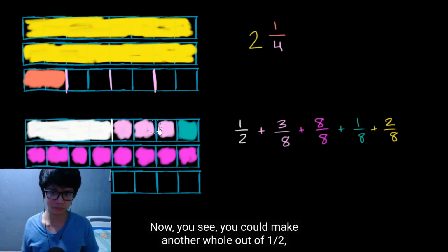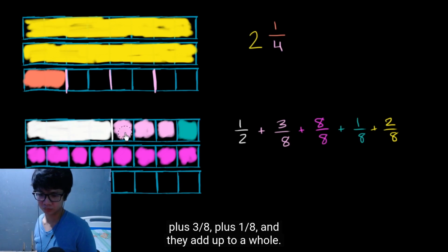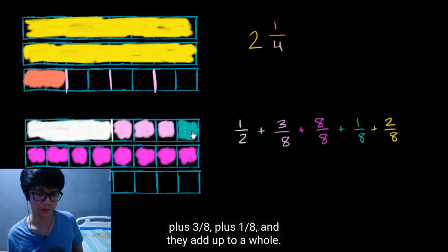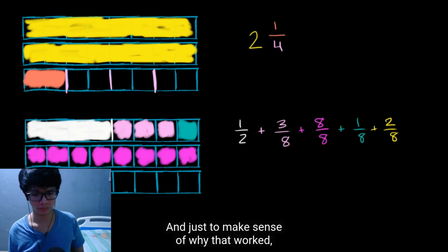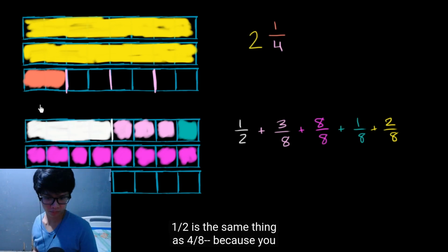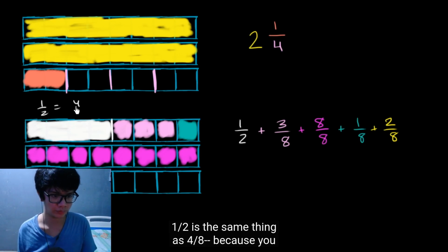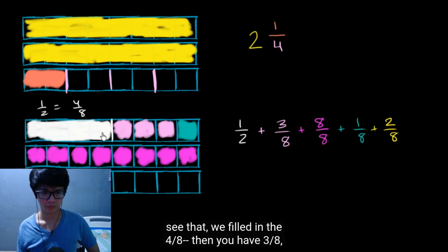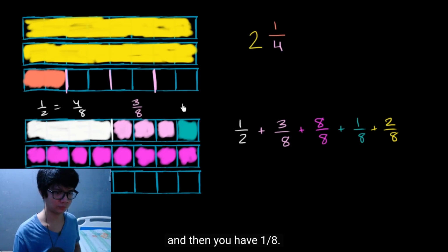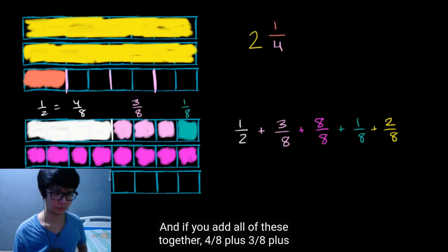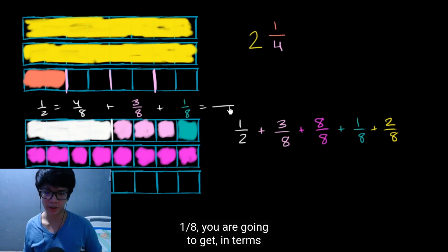And you see you can make another whole out of 1/2 plus 3 eighths plus 1/8. And they add up to a whole. And just to make sense of why that worked, 1/2 is the same thing as 4 eighths, because you see that we filled in the 4 eighths. Then you have 3 eighths, and then you have 1/8. And if you add all of these together, 4 eighths plus 3 eighths plus 1/8, you are going to